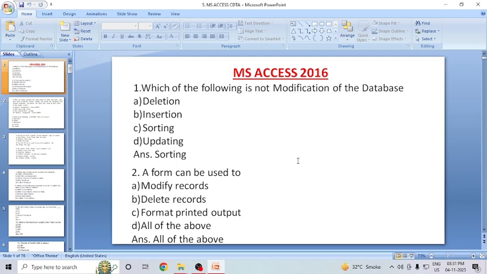তো আজকে আমরা আলোচনা করব সিডিটি এর অনলাইন এক্সামে এমএস অ্যাক্সেস 2016 থেকে যেসব সম্ভাব্য কোশ্চেনগুলো আসতে পারে, তো সেই সব কোশ্চেনগুলো নিয়ে আজকে আমরা আলোচনা করব। তাহলে ভিডিওটা শুরু করছি।